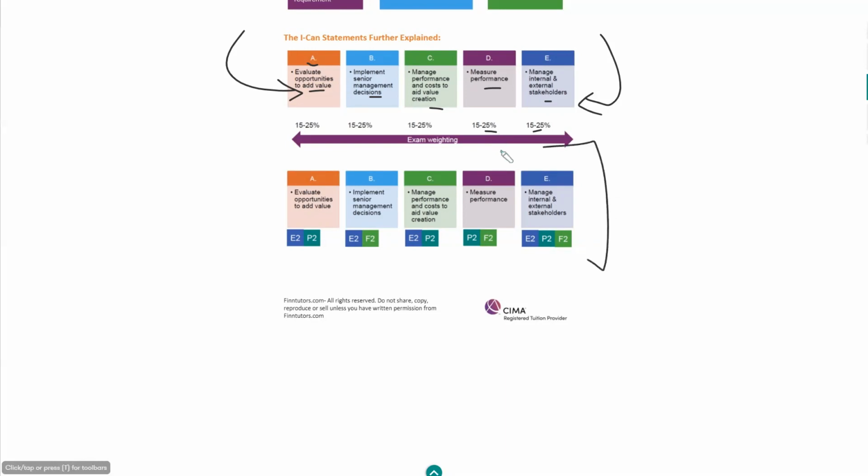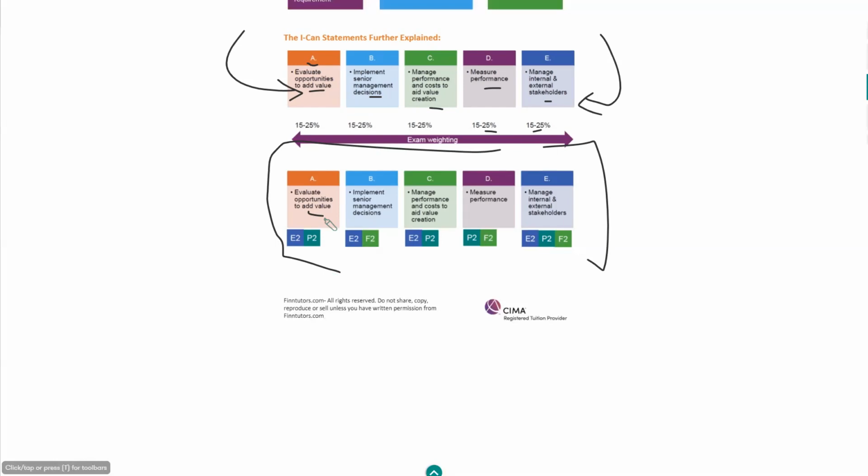So all the 5 core areas take you back to your E2, P2, and F2 revision. They are linked to your E2, P2, and F2 knowledge. For example, if you look at opportunities to add value, it can be broken down into the value creation process, the value chain that you learn in your E2 and P2 module.